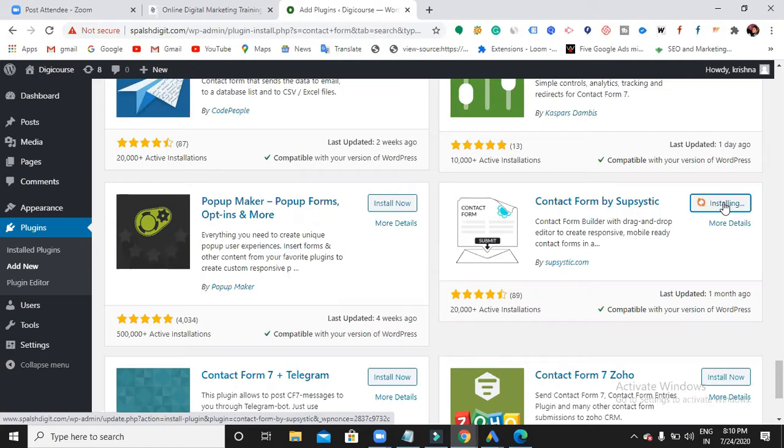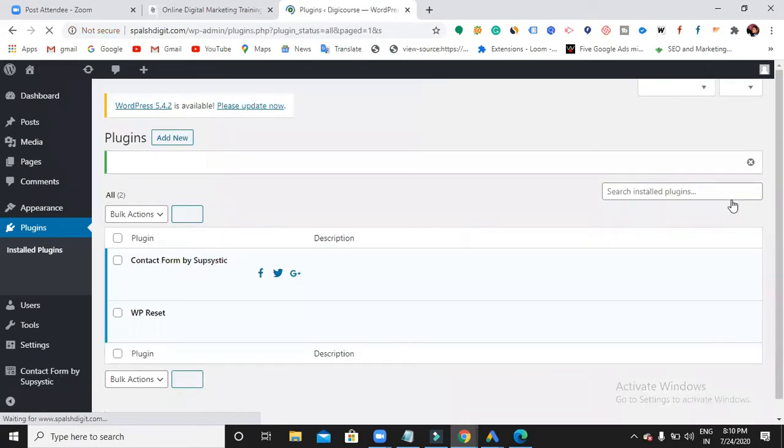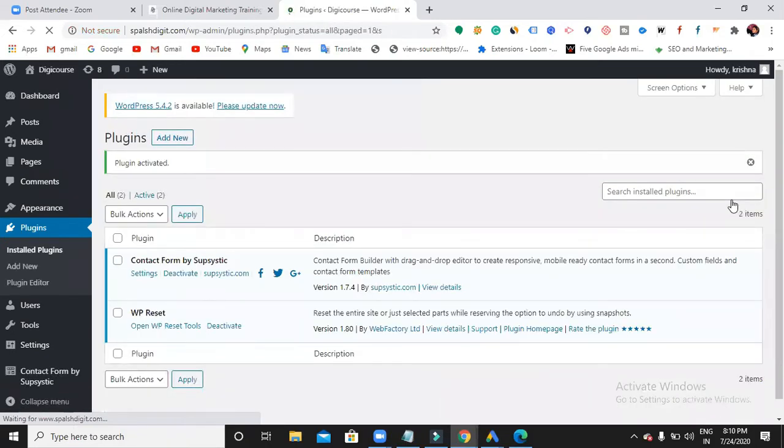Why? Because for free themes, it will show you only a few features. So here also, plugins are free, but if you want to use more features, you have to go with the premium. How do we go to that premium? Premium we have to purchase from other websites. Other website? Yes. So I'll tell you the websites also.